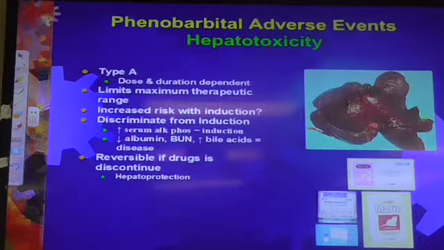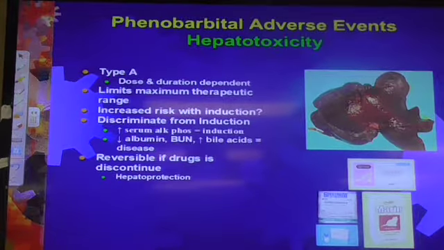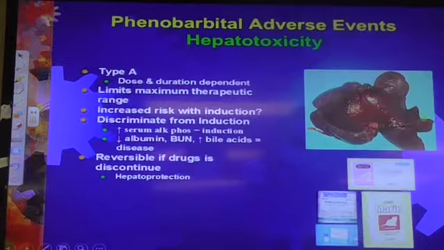Has anybody talked to you about using them to protect the liver? No. Okay, so let's go ahead and put an asterisk here. SAMe, silymarin, milk thistle, those are hepatoprotectants. If you have an acute hepatopathy, anybody talk to you about treating acetaminophen toxicosis with Mucomist? Okay. Same thing. Any acute hepatopathy caused by a drug, use Mucomist. It does the same thing. It gets glutathione into the liver, and that helps the liver scavenge oxygen radicals.